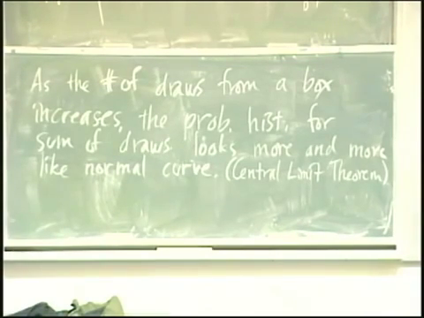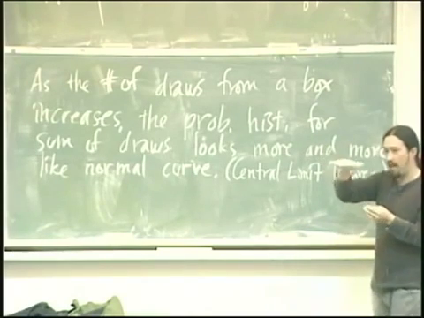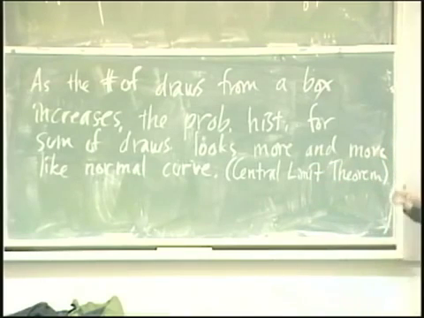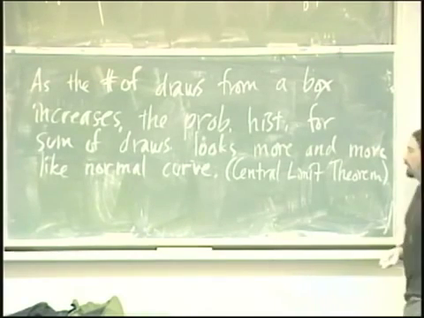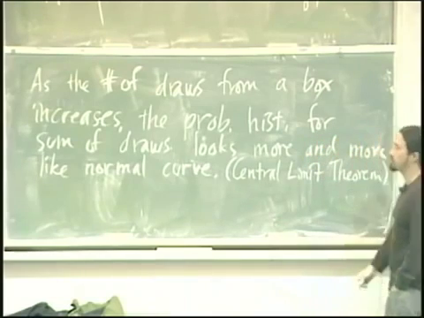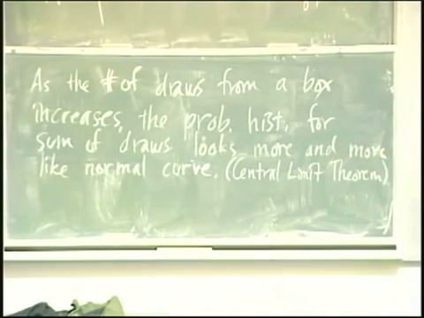You can see even with 2 die rolls, it's starting to look like something kind of vaguely normal, right? If we just look at 1 die roll, we just get this flat histogram of 1, 2, 3, 4, 5, 6. With 2 die rolls, you get this tent. With 3, 4, 5 die rolls, you start getting a little bit of a curvy bell shape. Anyway, this is for 100 coin tosses. It does very well. In my example, the bars look a lot like the normal curve.